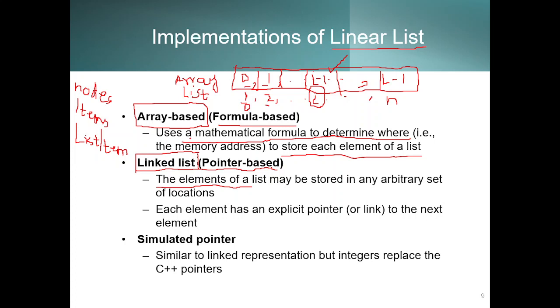In the array-based implementation, physically, when all these individual instances or elements or nodes or items or list items are stored, they are stored in contiguous locations in an array, ठीक है। यहाँ पे in the linked list implementation, these elements can be stored anywhere, ये कहीं पे भी स्टोर हो सकते हैं। हर एलिमेंट के पास in the linked list implementation, every element knows कि which element comes after me, ठीक है। So they say for example this is element 1, ठीक है। So element 1 knows कि मेरे बाद element कौन सा वाला है, how does